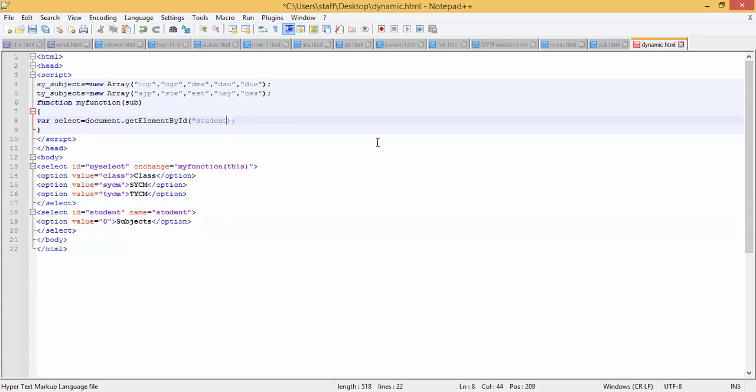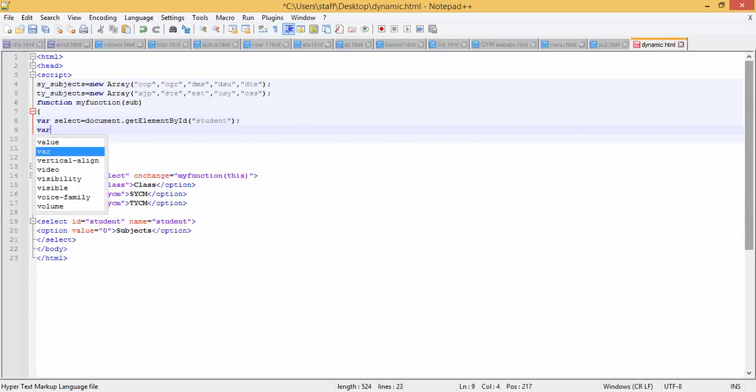Passing the ID. Which ID will be passed? This one, means the selection of a subject. Get the element by using this ID. Then we will require the length of the options.